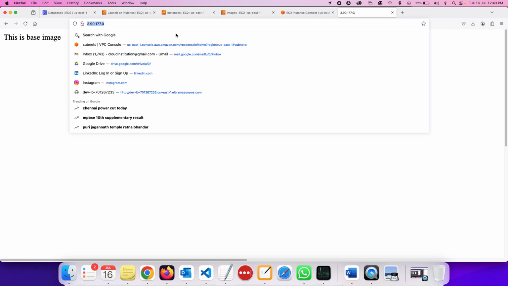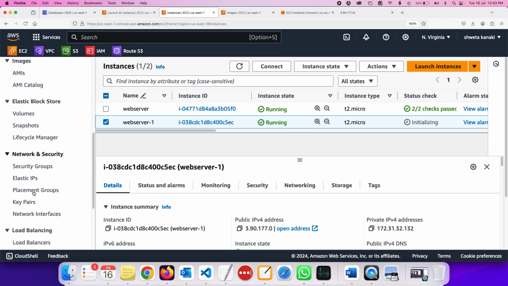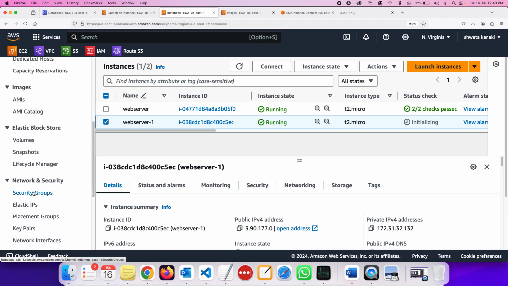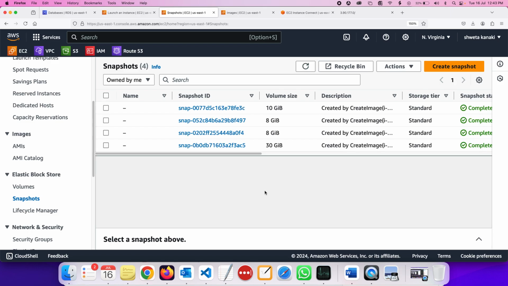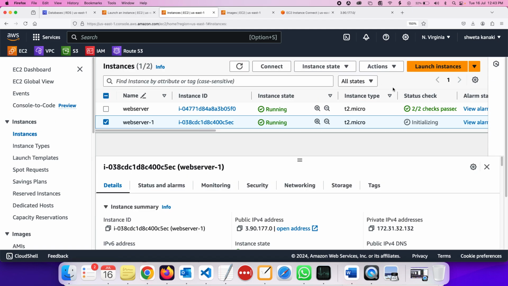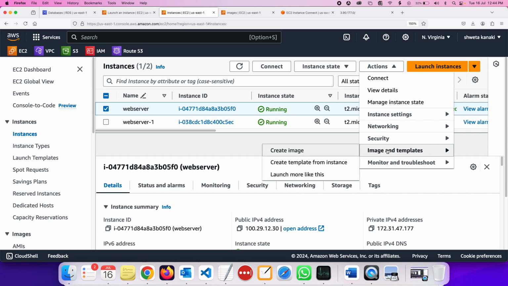Now I have one more concept called snapshots. So what is snapshots? We have another concept called snapshots. From the image, you can also create some snapshots. For example, if you go to images, this is the web server, the base image. Action, images, template, create template from the